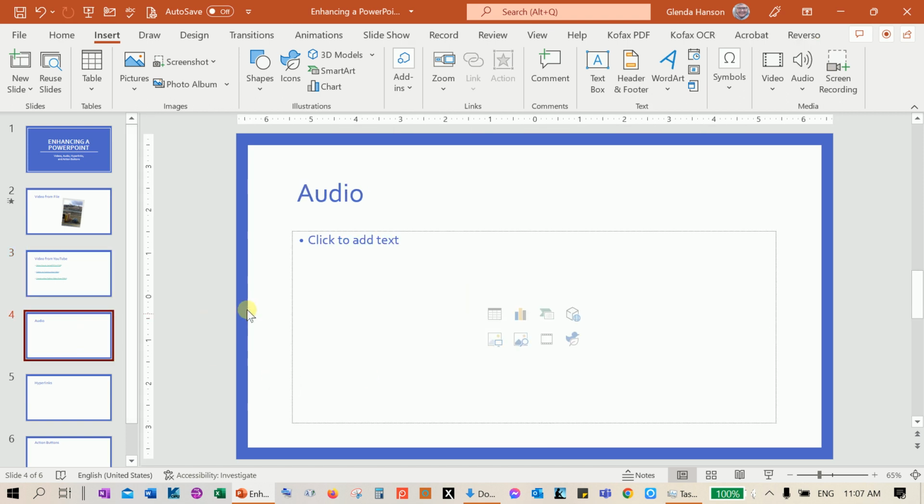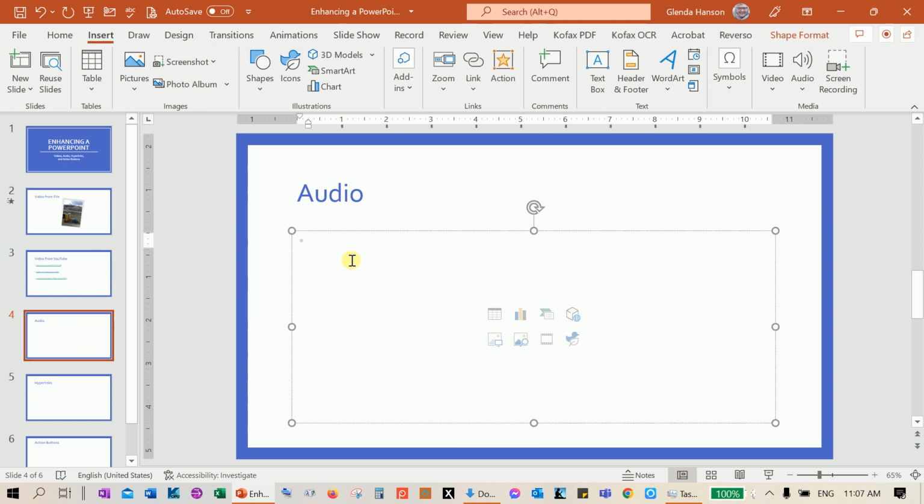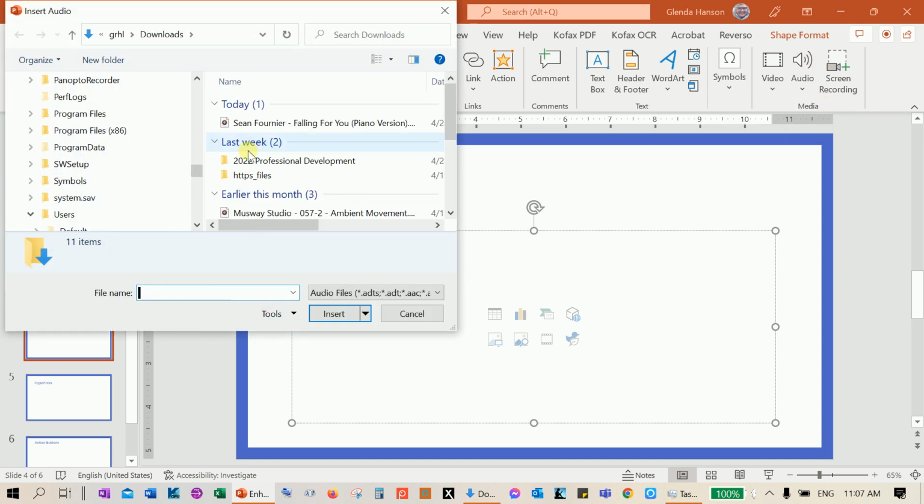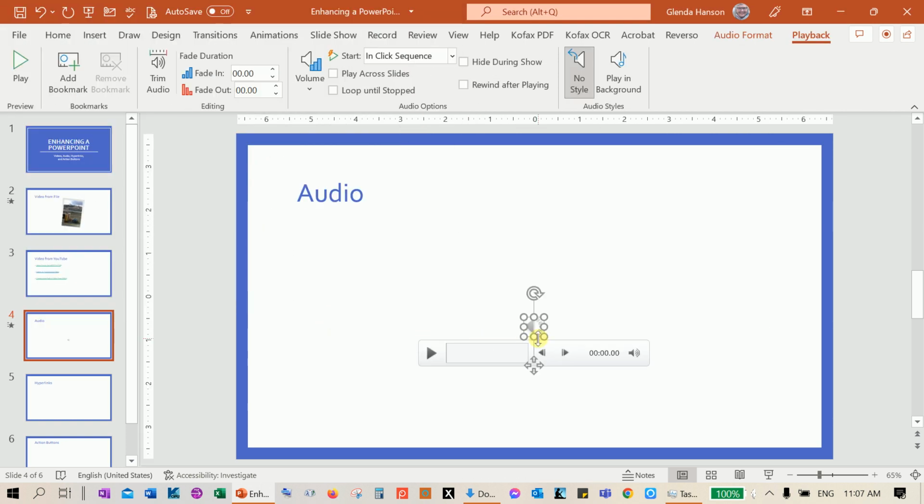Okay, audio kind of works the same way. If we want to add audio to our slide, we can say insert, go over here to audio, and we'll pick up audio on my PC, or you can record something at this point. So I'm going to say audio, and I have a little audio file right here. I'm going to insert, and this is the icon for it,